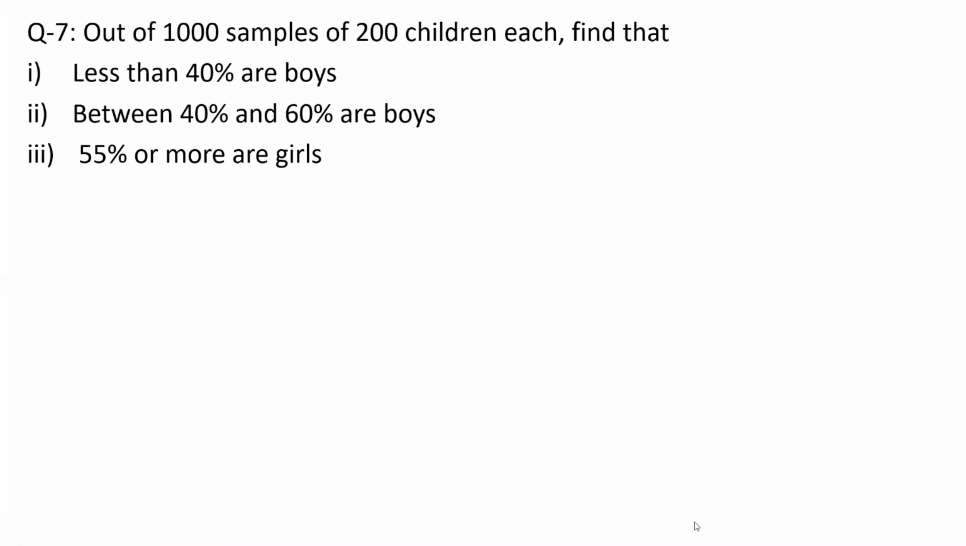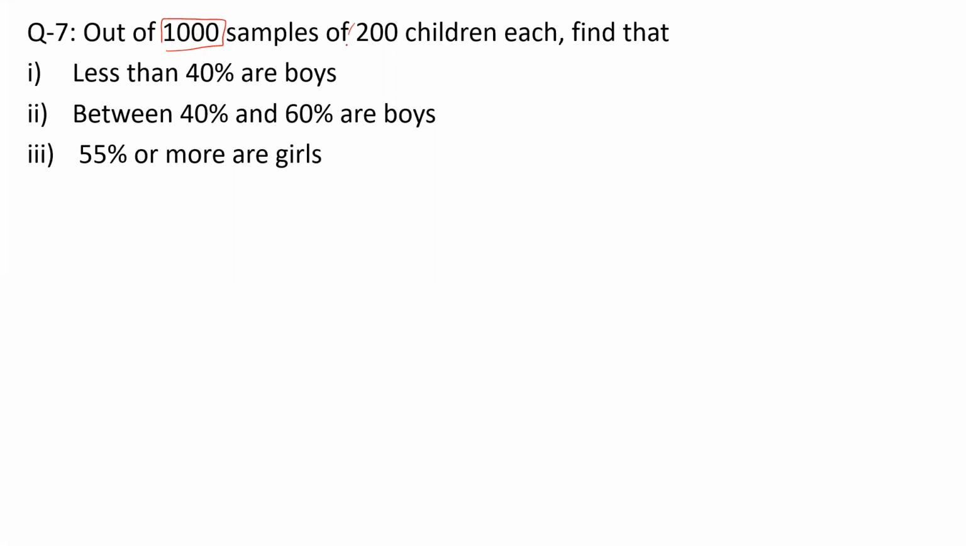Out of 1000 samples of 200 children each, find that less than 40% are boys, between 40% and 60% are boys, and 55% or more are girls. It's a very simple problem. So out of 1000 samples